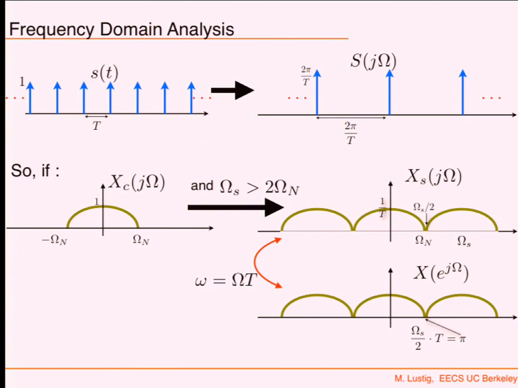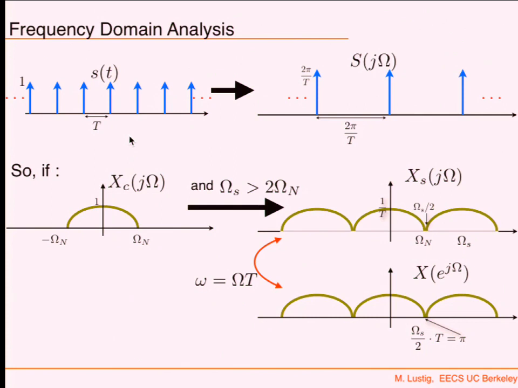Okay, so here is how it works. Pay attention. Delta train. Distance changes, 2 pi over T. Amplitude 2 pi over T. Okay, so if X sub c, the Fourier transform of our signal, looks like this, with a maximum frequency of omega sub N,